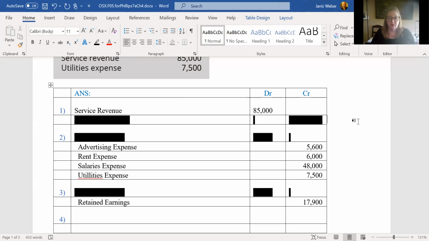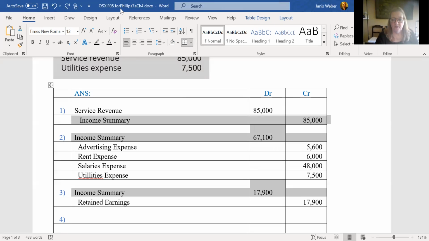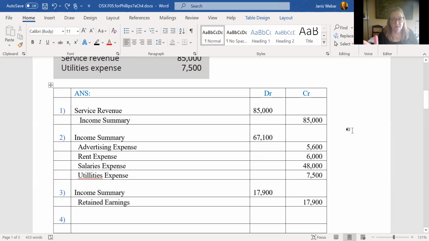A debit to service revenue of 85,000, credits to each of these expenses for the amount that was their balance in their accounts. And then the balancing entry would be the 17,009, and it would be a credit to retained earnings. So you do the clearing of the revenue and expense first, and then you decide which direction you need to post a balancing entry to retained earnings. Okay, so since we're using the 4-step here, I'm going to back those back up. But the 2-step is just exactly the same. It's just it combines entry 1, 2, and